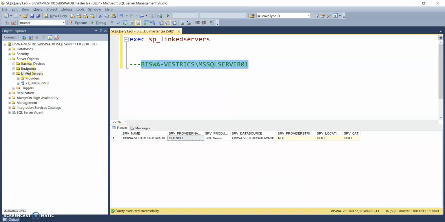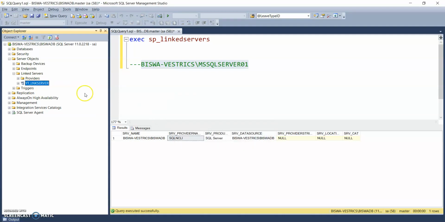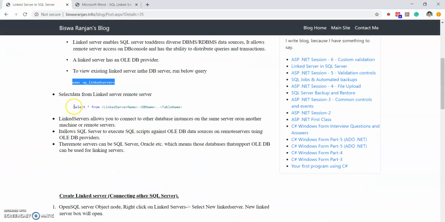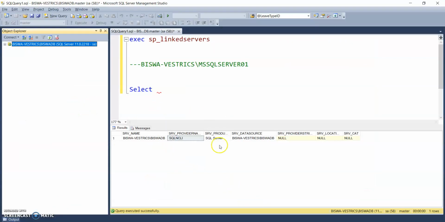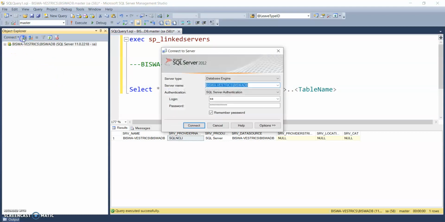Now the linked server has been created. To test this linked server, you can right click on the linked server and select Test Connection. Okay, so how can we fetch the data from the linked server? Like this. So go to the different server, you can find